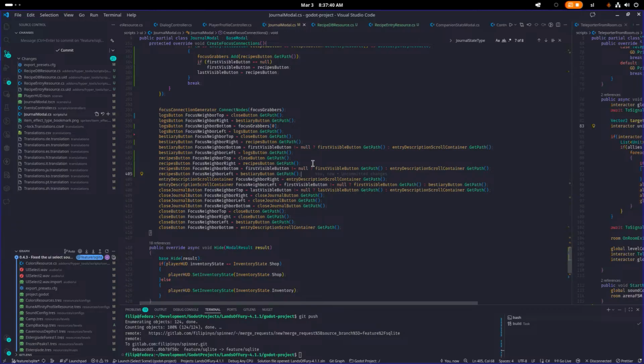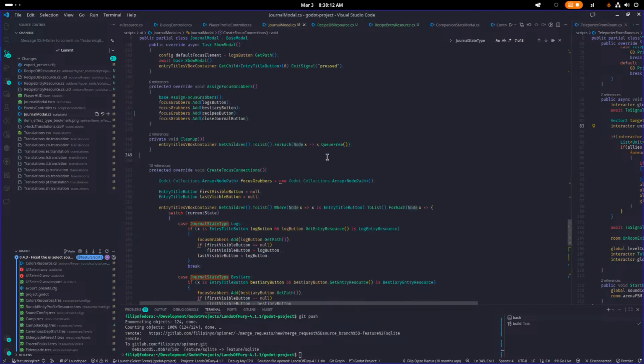Okay, then on closing journal, that's the button on the bottom. I focus on the last visible button, or else I focus on the description. That's okay, close. That's the one on the top. Bestiary here is gonna be recipes. And bottom, the description itself. So